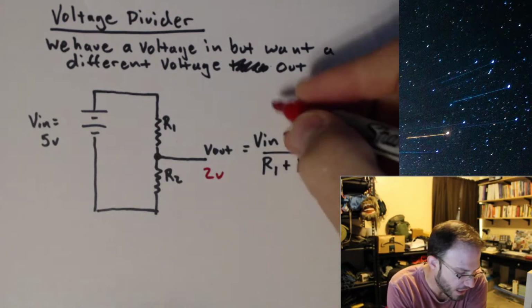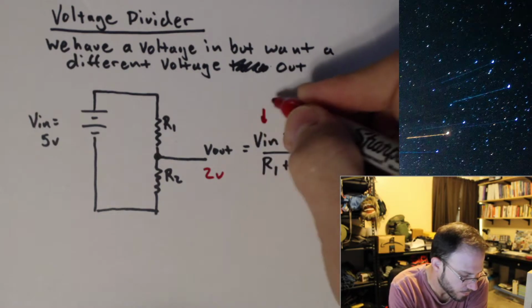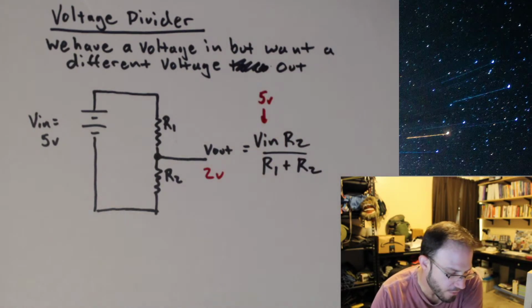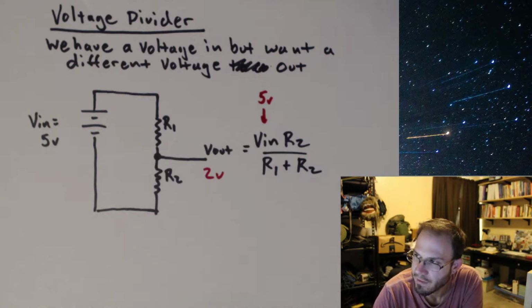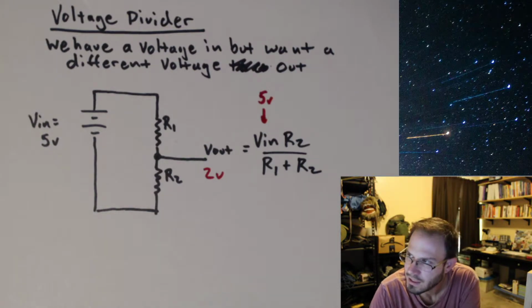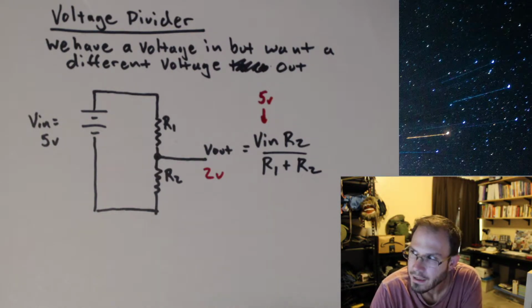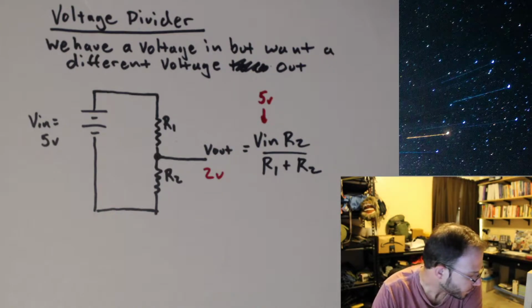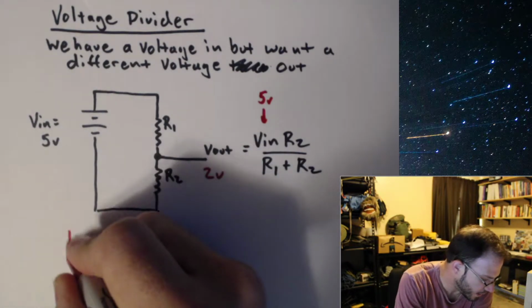And we know that V in is 5 volts. So we have two unknowns that we have to figure out, R1 and R2. Whenever you're in this situation, I'm going to suggest pick one and then solve for the other one. So what I'm going to do in this case is pick